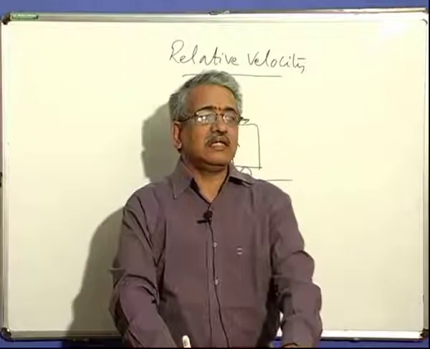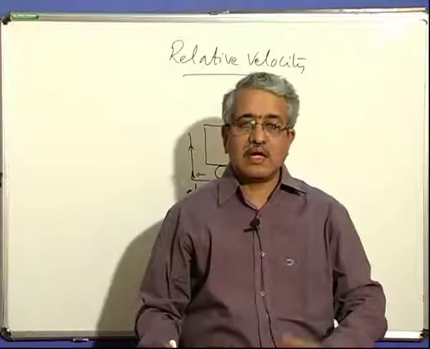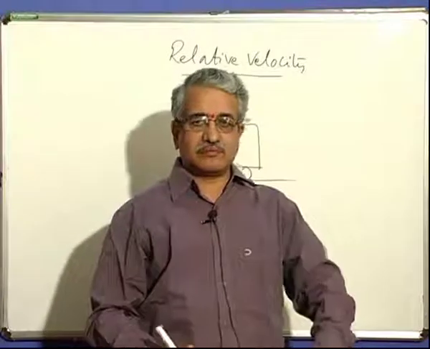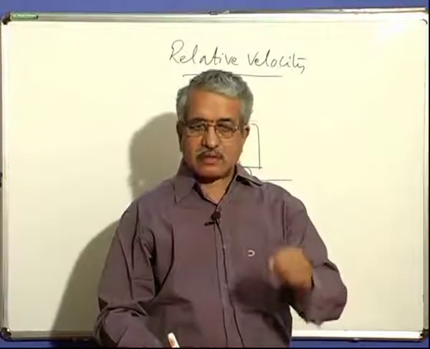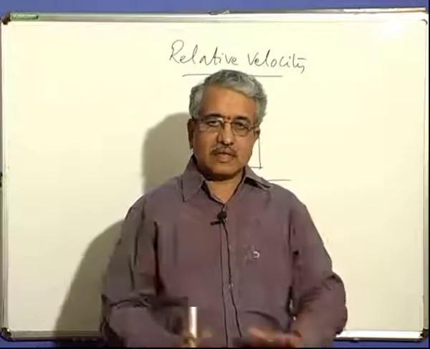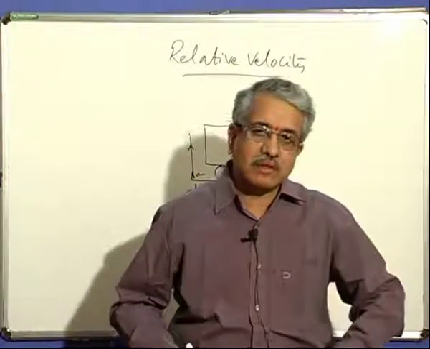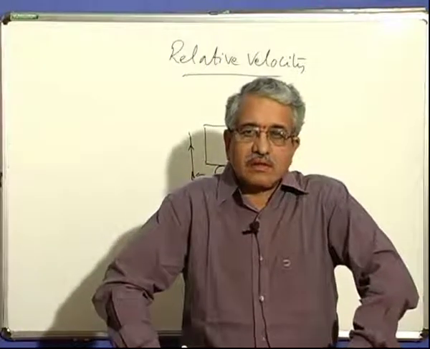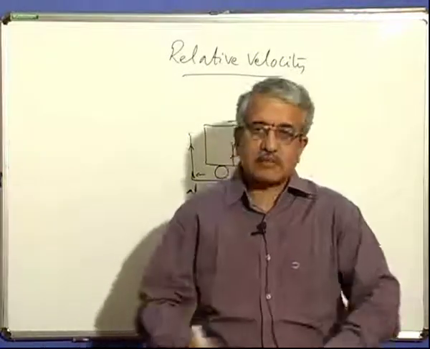We say the sun rises in the east, we say it sets in the west, we say the sun moves from here to here. All the sentences you speak appear to be meaningful only when you consider yourself on the earth, as if the earth is not moving. But the very illusion is because of the movement of the earth. So the observer's standpoint and the frame in which the observer is there decides the velocity with which he is observing them. That velocity is what is called the relative velocity of the scene, of the observed, relative to the observer, with respect to the observer. That is what is meant by relative velocity.